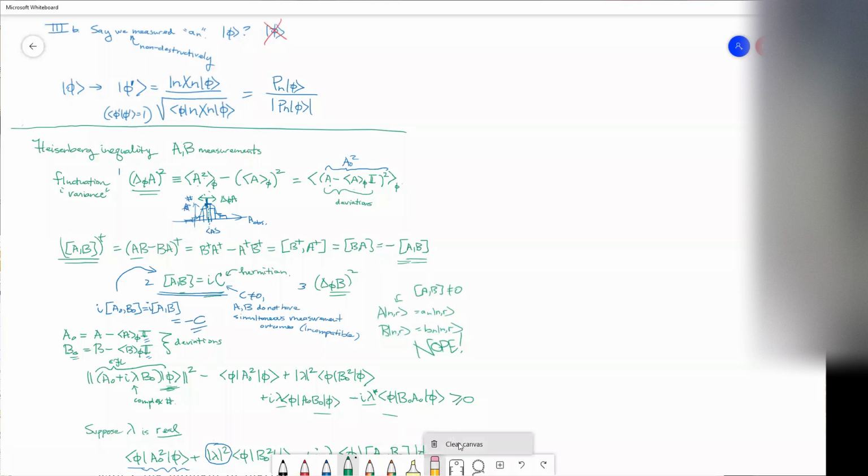So this is a consequence, and I'm going to clear this for now. We can talk about the fourth postulate, and it has to do with the Schrodinger equation. Postulate 4 is a postulate, but you can actually just derive it using pure thought, which is what I'll start now. I'll probably finish it next time and move on to examples of qubits.